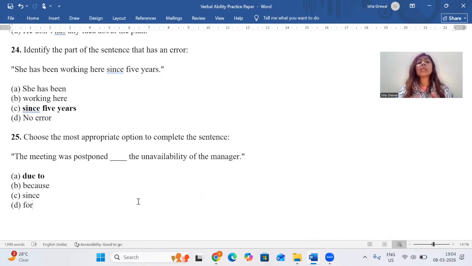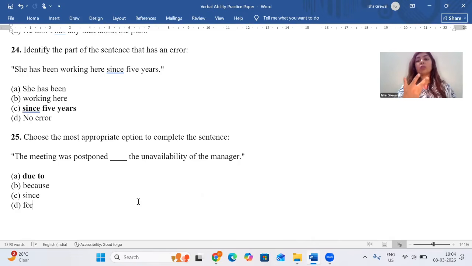So yeah, I try to take up the questions that are coming up in the exams these days, basically about English grammar: usage of each, neither nor, either or, proximity rule, conditional statements. They are a lot. These are some questions which will surely be hitting you in your exams. So make sure that you know all the rules of basic English grammar, specifically the questions that I have mentioned here.